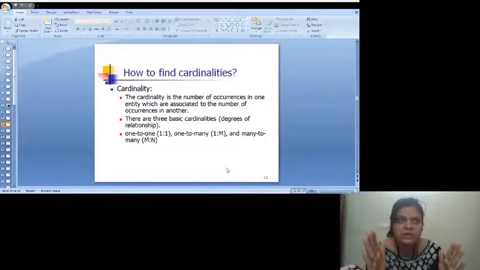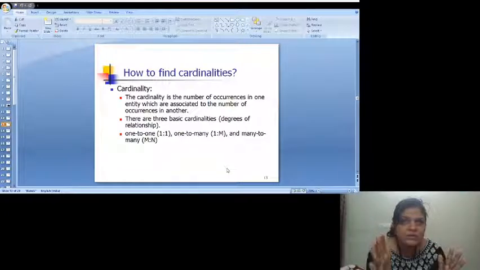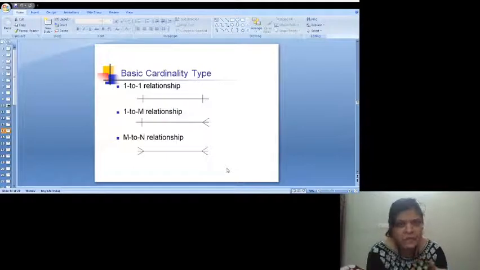One to one means one instance of this entity will be related to exactly one instance in this entity. One to many means one instance of this entity will be related to many instances of this entity. Many to many means many instances of this entity will be related to many instances of this entity. They both are in a relationship. These are the basic cardinality types, and these symbols are just for the diagrammatic notations, so that basic understanding can be built on